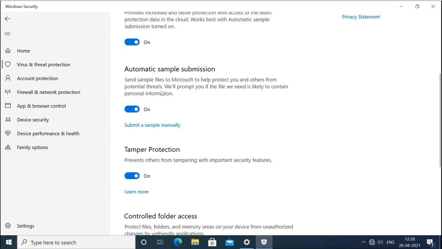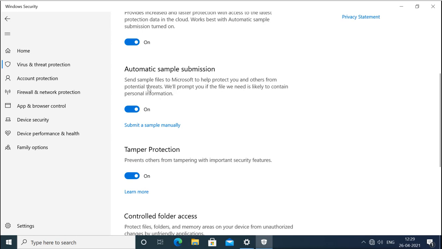then our Windows Defender can block it, and it will try to submit the sample of that malware to the cloud of Microsoft. So it will submit it, so that Microsoft's engineers will look into that malware and decide whether it is malware or normal software. And then if it is malware, they will update other Windows Defenders also.